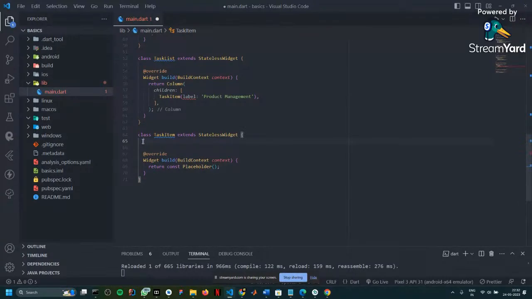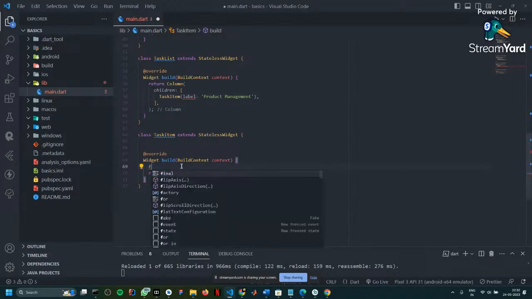So let's create this. As you can see, we have this function name label. So we are going to create